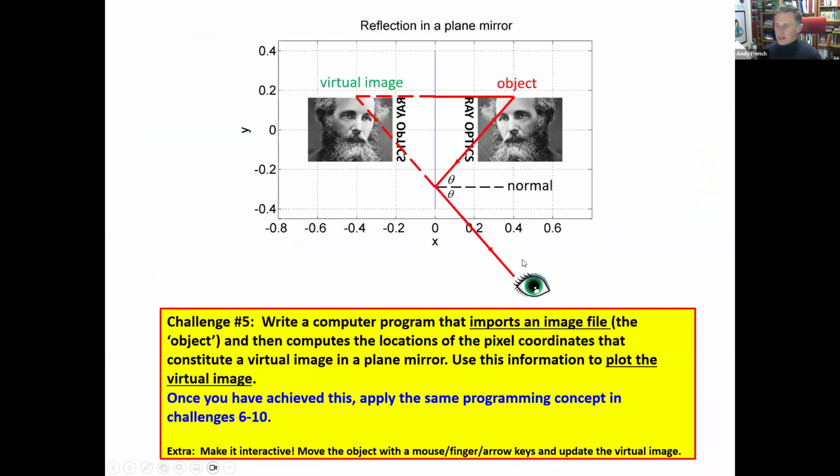And then we get to the next phase. All of the previous parts are accessible with Excel and very basic programming. This, I think, you do need to do some coding. So if you want to get a gold, we want to see most of the challenges attempted. For a good silver, you could try some programming, but this is the threshold. Essentially, what you have to be able to do is read in a bitmap image and display it on a screen. So I've got this little bitmap of...